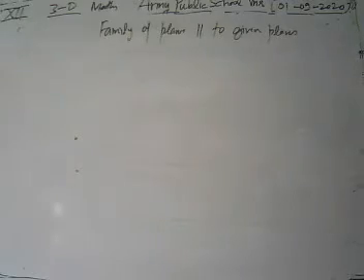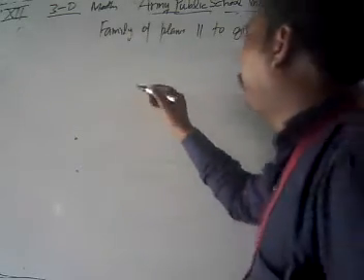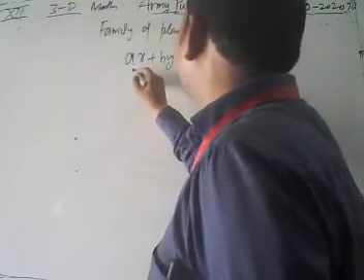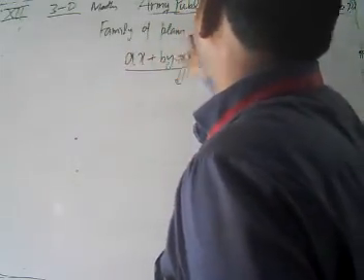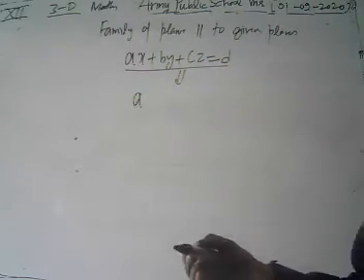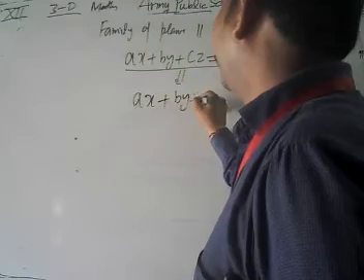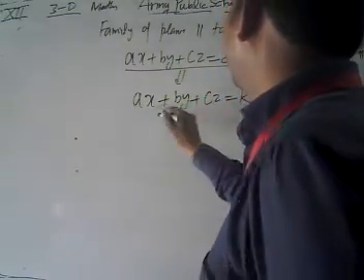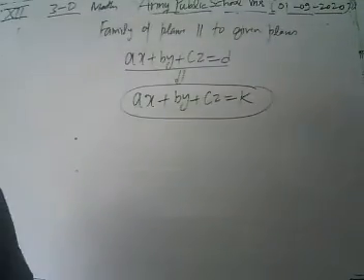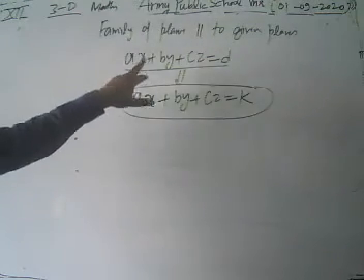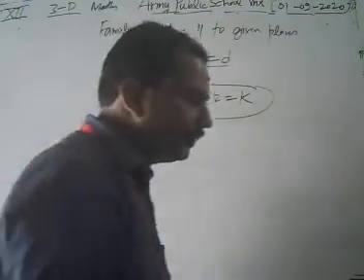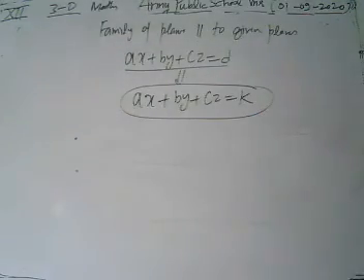Just suppose we have an equation like Ax plus By plus Cz equal to D. Then the family of planes parallel to this given plane is given by, obviously the same as the line equation, Ax plus By plus Cz equal to K. This represents the equation of a plane parallel to the plane Ax plus By plus Cz equal to D. The different values of K give the different members of the family. This is for the Cartesian form.